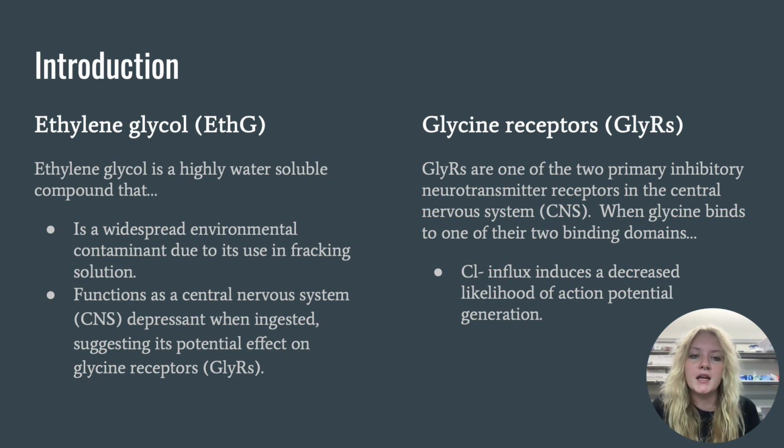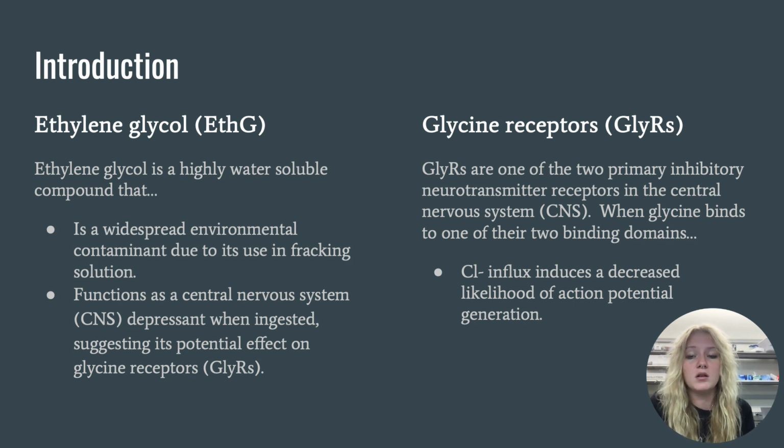Ethylene glycol is a component of fracking solution, therefore causing it to become a widespread environmental contaminant, but we don't know the actual implications of this widespread environmental contamination. Additionally, when ingested, it functions as a central nervous system depressant, but we don't know the actual mechanisms of this central nervous system depression. Because of this, I'm studying its effects on glycine receptors, because when glycine binds to the